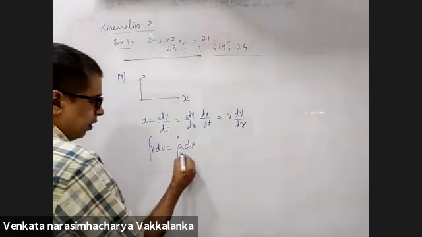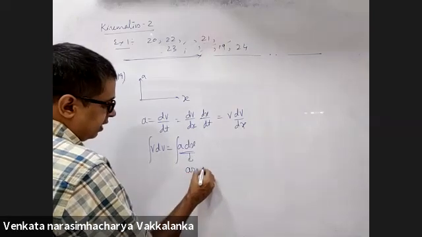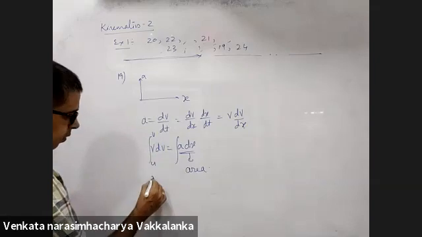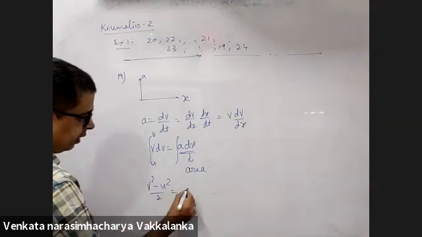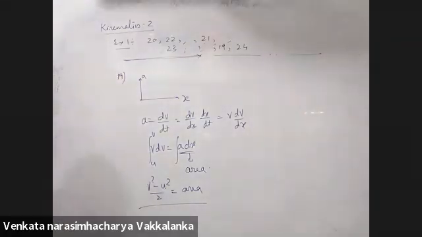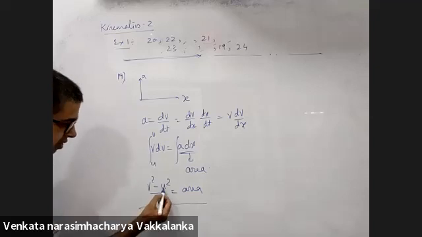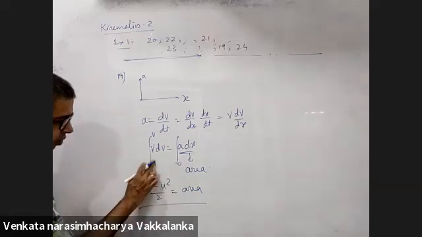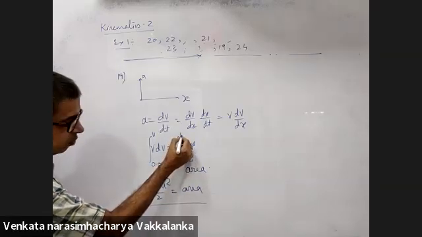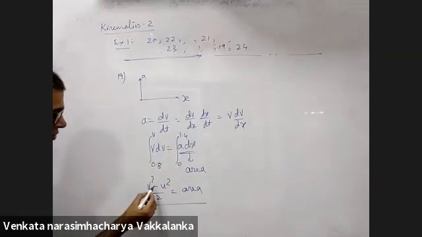Right? So a dx will give me the area under the graph. This will give me u and v. V squared minus u squared by 2 is the area under the graph. Now look at the question, you will get it. At x equal to 0, you give me the velocity of the particle as 0.8 meters per second. At x equal to 1.4 meters, you are asking me to find v.